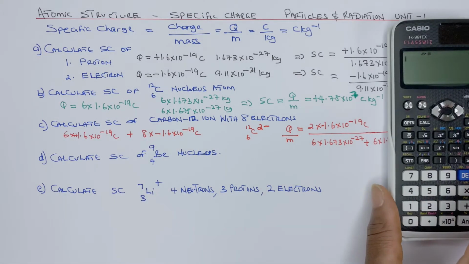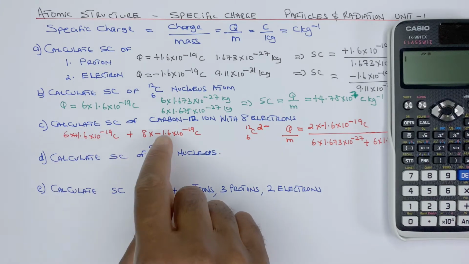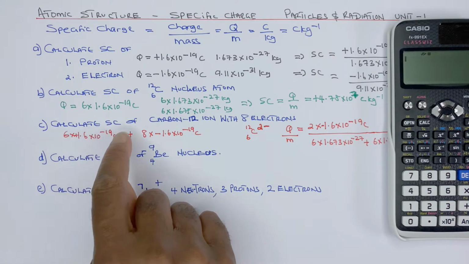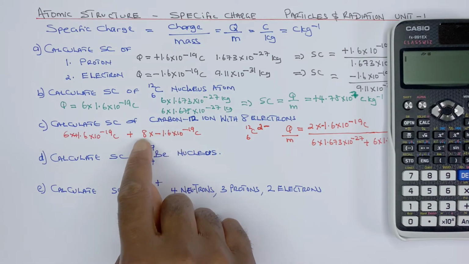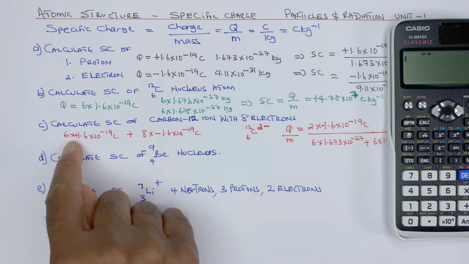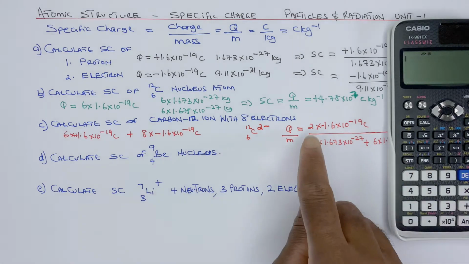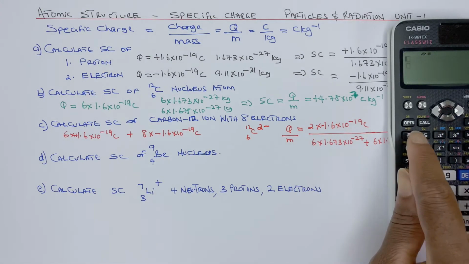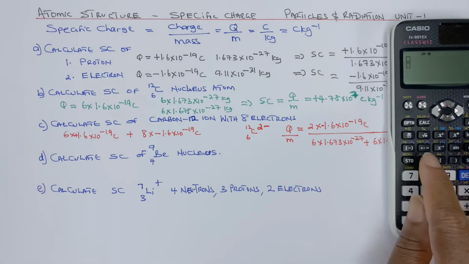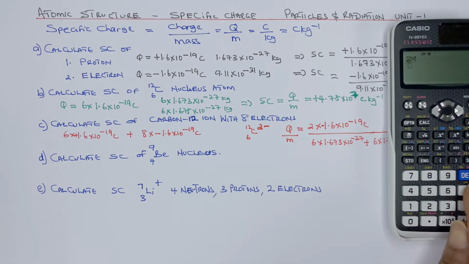So with the calculator, instead of doing all that for the charge, because that will offset this one, 6 of these will offset 6 of those. So the difference is just 2 of these. So that's what we go with there. Right, open the fraction key. And so you've got 2 times